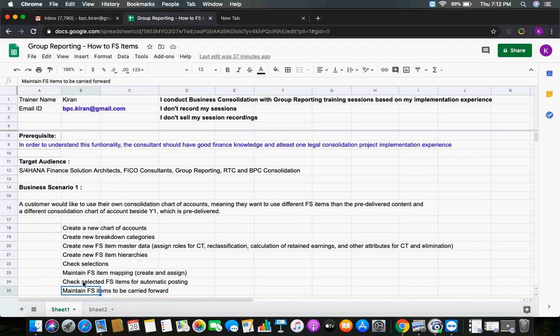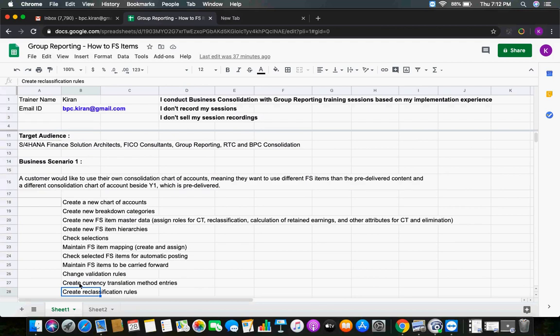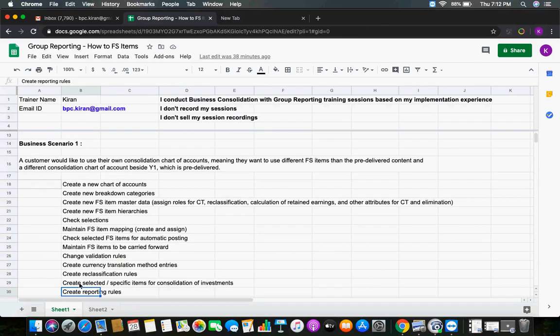So we have to create new chart of accounts, new breakdown categories, new FS item master data, new FS item hierarchies, selections, mapping, and automated posting relevant FS items. So there are new validation rules, or you can check existing validation rules. You have to change those accounts, currency translation methods, reclassification entries.